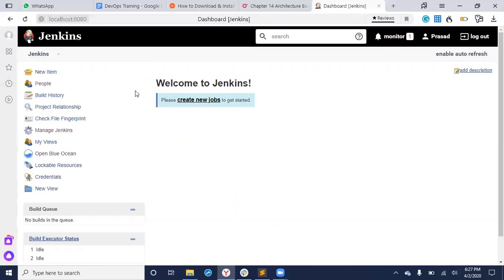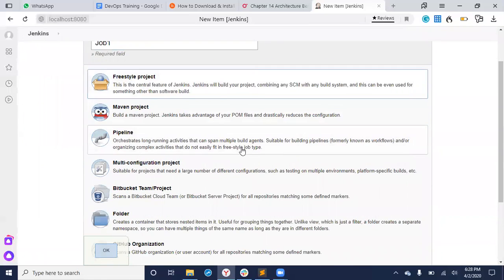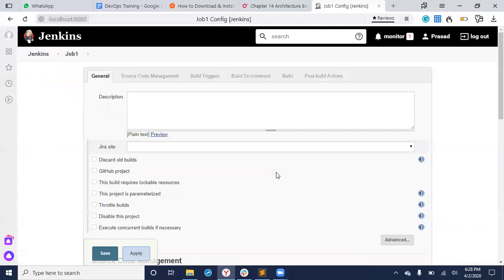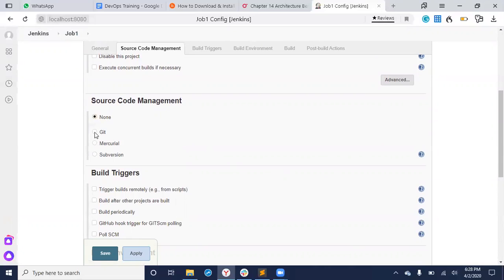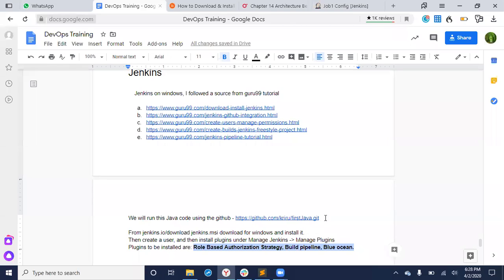Now comes the important part. So you're creating some kind of a job so that you are doing your integration with the code. So give some name. So let's say I'll give the name as job 1. You can select as a freestyle project because you start with the freestyle. Freestyle means just a simple job. It does something. Create it. Because Jenkins by default has all the integrations with latest Git, all this kind of things. So source code management, we'll just say Git. Now this repository URL, what I will do, you select this URL.